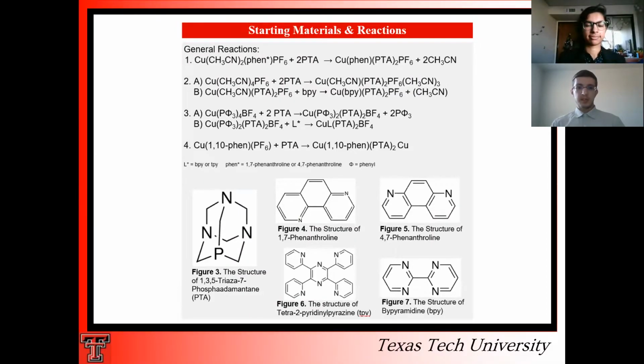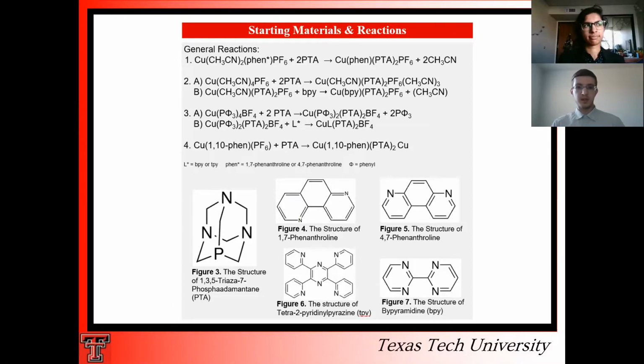At the top of this slide, we've put many of the different reactions that we've carried out so far, as well as the products that we hope that we synthesized through these reactions. And then at the bottom here, we have a variety of different ligands that we used in the reactions above. And then I just wanted to point out that the structure of the PTA, this is the picture on the bottom left. And then the phosphorus atom in the structure bonds to the copper